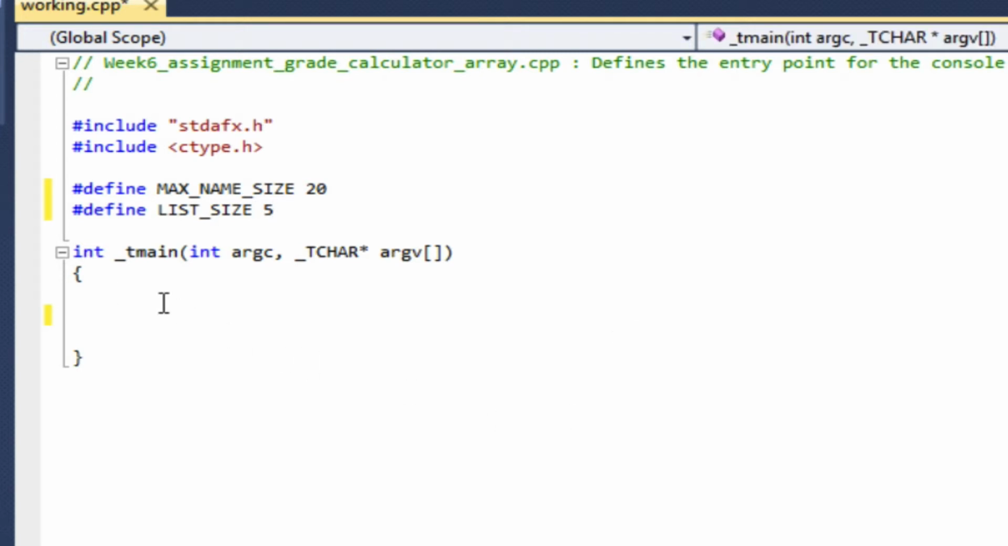Okay, so the first thing I need to do is define my name list. So it's going to be an array of characters, a character array. I'll call it name list. And it's going to be a list of LIST_SIZE names, and each of those names is an array of characters of maximum MAX_NAME_SIZE